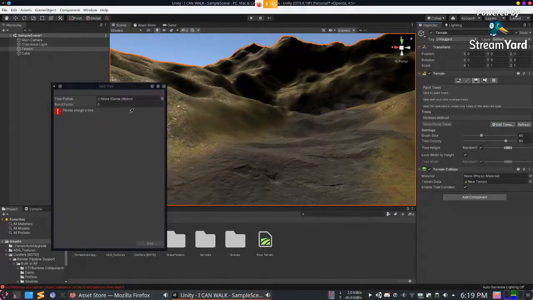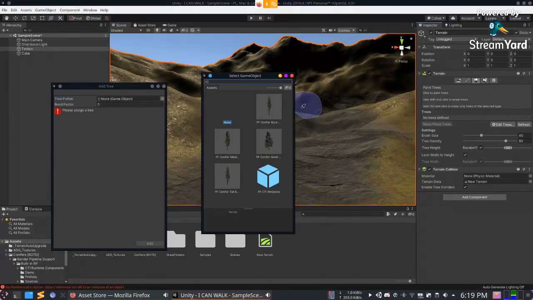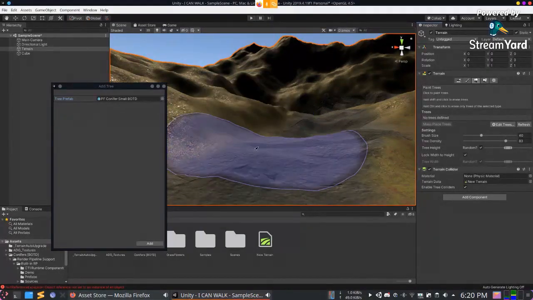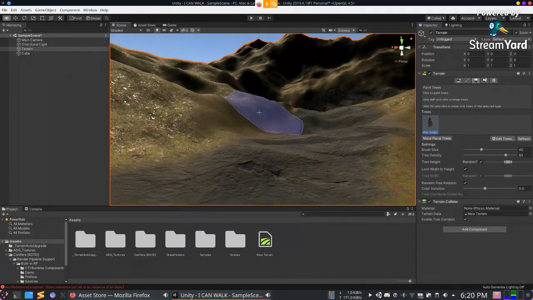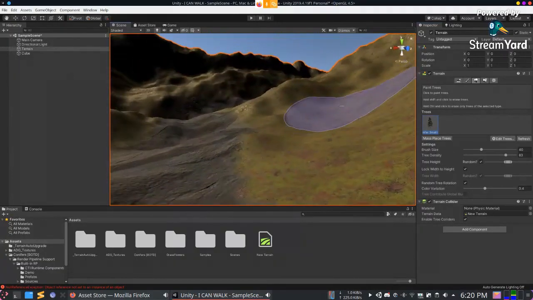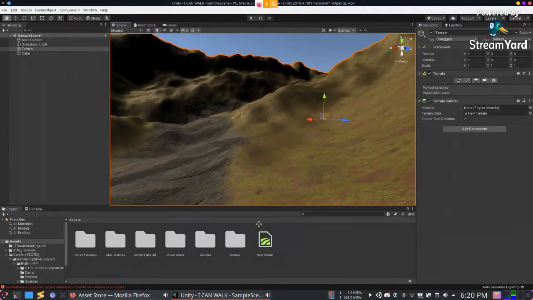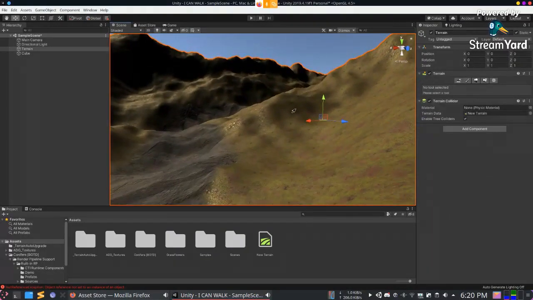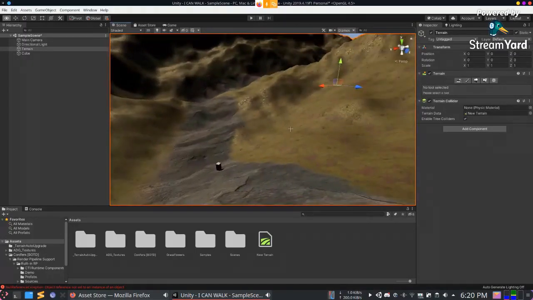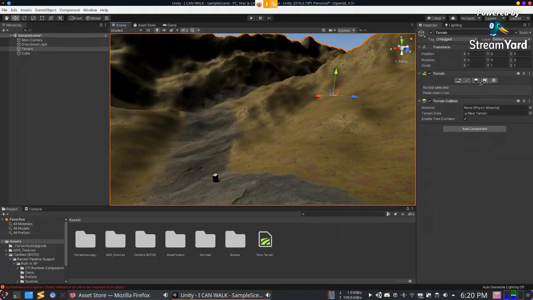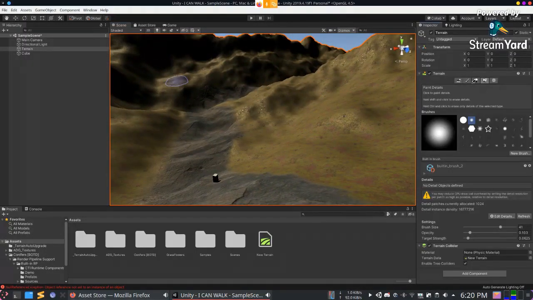So edit trees, add tree. And here you see I had downloaded the coniferous asset, so I have a few trees in here. Let's take this one and add it here. Now the tree is here, so we'll go back a bit so that we can get a better view. Yes, this is a better viewpoint. So going back to the trees.